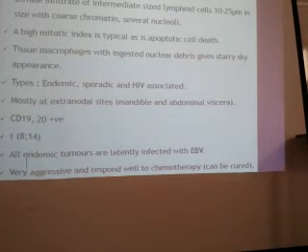Here the important thing about the Burkitt lymphoma is high mitosis, high apoptosis. Two things are there: high mitosis as well as high apoptosis. Not only the cells are dividing, but they are dying also at the same time. More division, more mitosis, more apoptosis also.